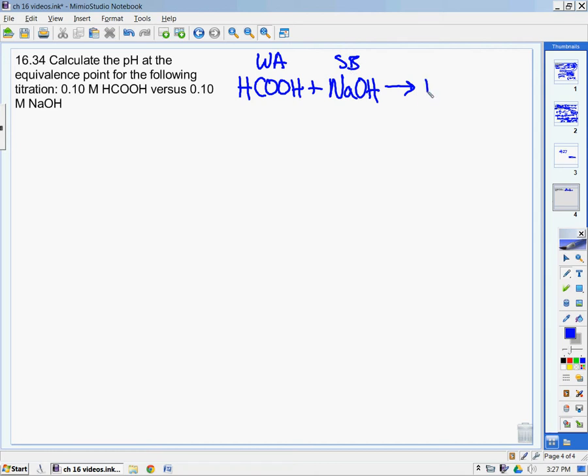And you get water and you get sodium formate, which is HCOONa. I always write this formula wrong. By the way, if you're wondering why I put the Na at the end, it's because that's